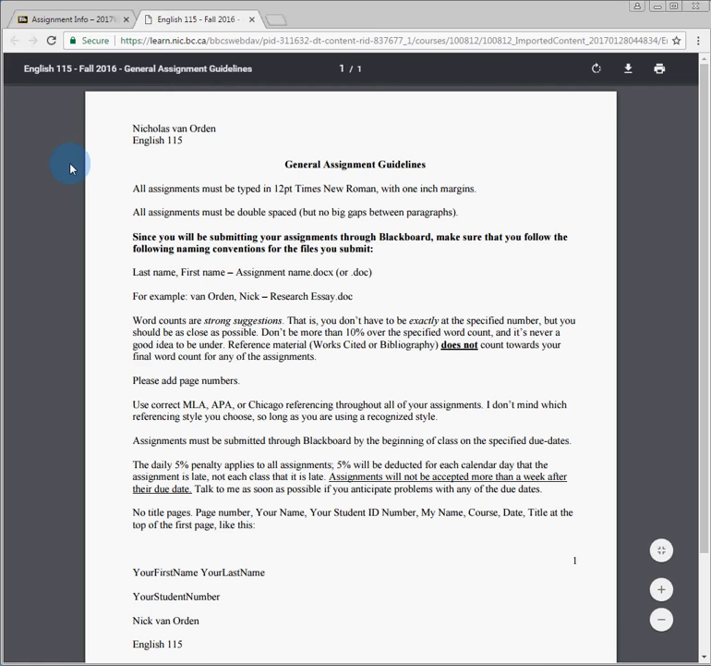The word counts, people always have questions about word counts. Word counts are strong suggestions. So don't be concerned about being exactly at the specified word count, right? If it's 1,500 words and you're aiming to be exactly 1,500 words, you're probably wasting your time. But you should be as close as possible. Generally, don't be more than about 10% over the specified word count, and it's never a good idea to be under the word count. I would say, unless you happen to be the world's leading expert on the topic that you're describing and there's simply nothing more to say about it, you probably shouldn't be